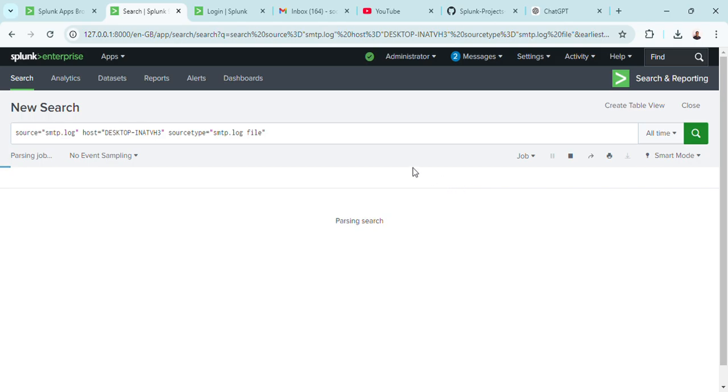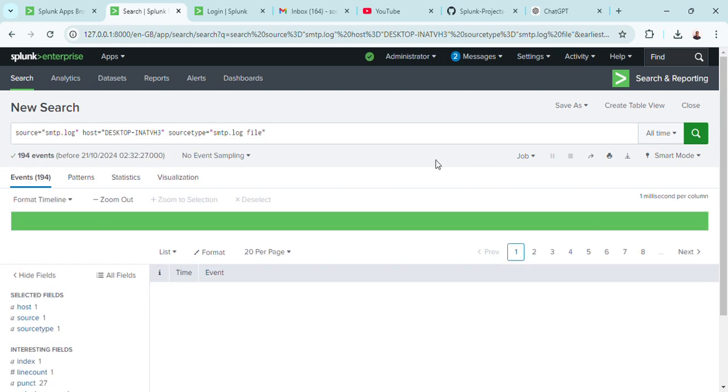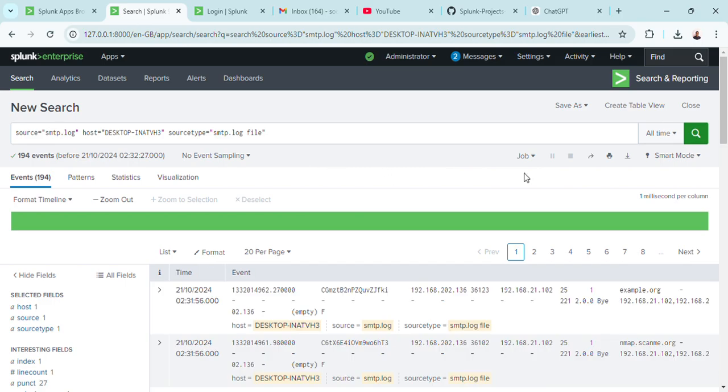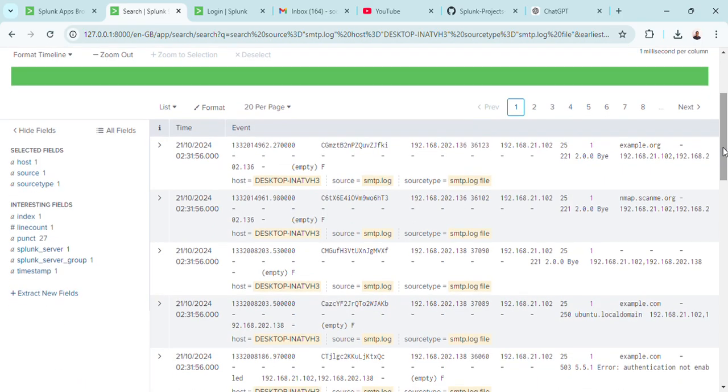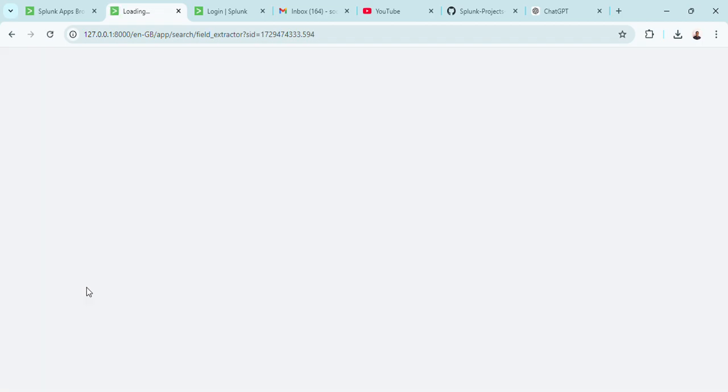So we wait for it to patch. Very good, this file is now uploaded. Can you see that by default it was not well analyzed? It was just the default, and we are unable to get the holistic word version. So click on extract field. Once you click on extract field,